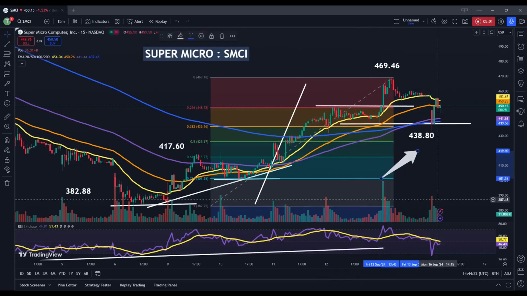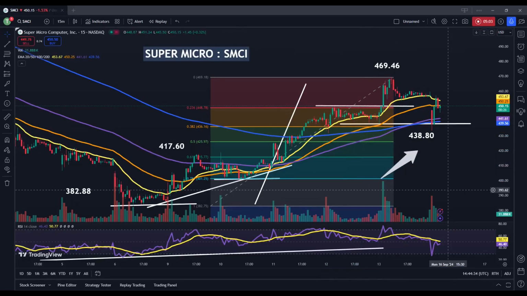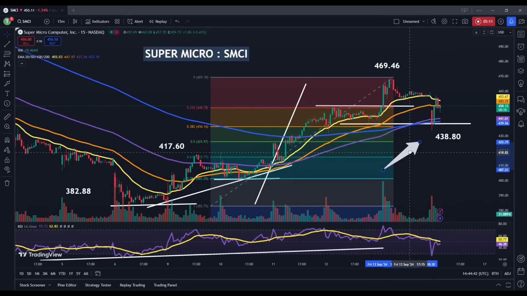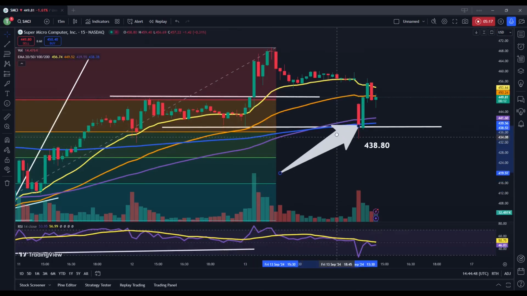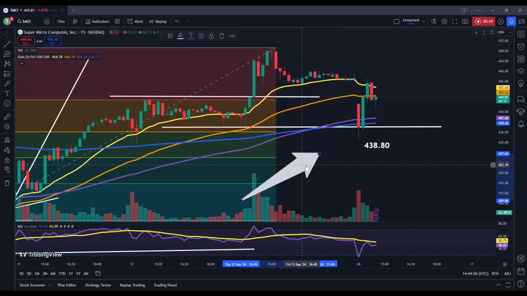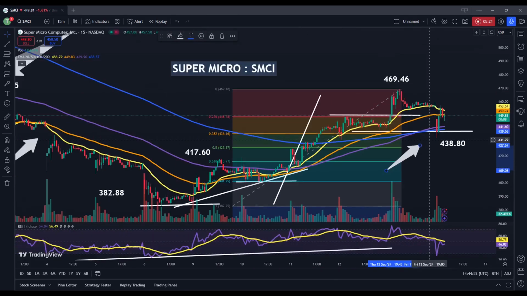So that would give us three different signals at once, which would suggest that a downside break is likely to gain in momentum. But we really didn't see that here. We came close, but that didn't really happen. We didn't get a close below 438.80, and then share prices really did manage to bounce from there. So, as long as we can stay above that level, I would still maintain the bullish outlook here